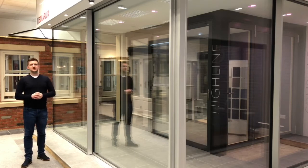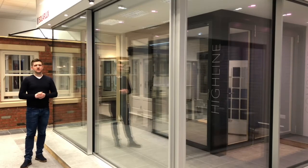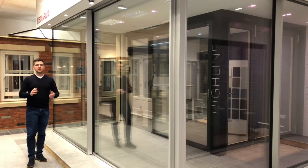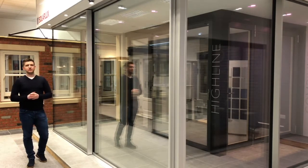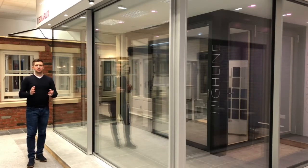So we're now in the Solarlux area of the showroom. This has recently been brought into Cherwell and is a very exciting new product that we are very hopeful is going to bring in lots of sales for us. So anyone that is doing a build of sizable amounts of glass doors, Solarlux really specialise in bifolds and sliding